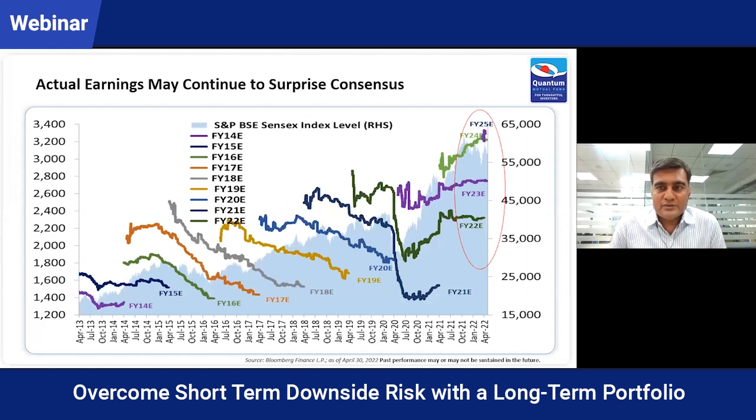Now, the earning downgrade cycle, which was continuing from 2016 to 2020, seems to be ending now. We saw from 2014-15 till 2020, whenever a group of analysts expected certain earnings for Sensex companies or other companies, most of the companies saw real earnings getting downgraded as we reached those historical points. For example, people expecting earnings of close to 2,400 rupees for FY18. When FY18 actually ended, the Sensex profitability was close to 1,600 rupees.